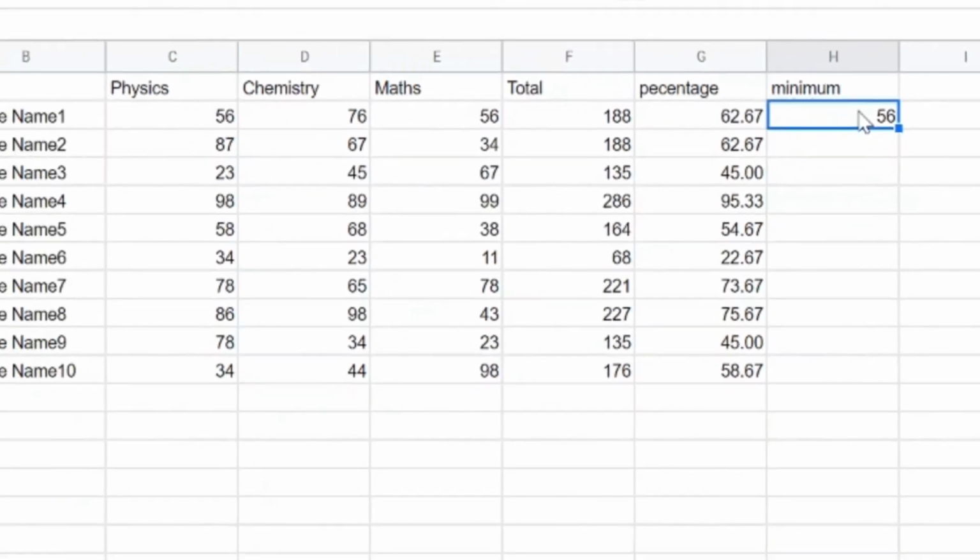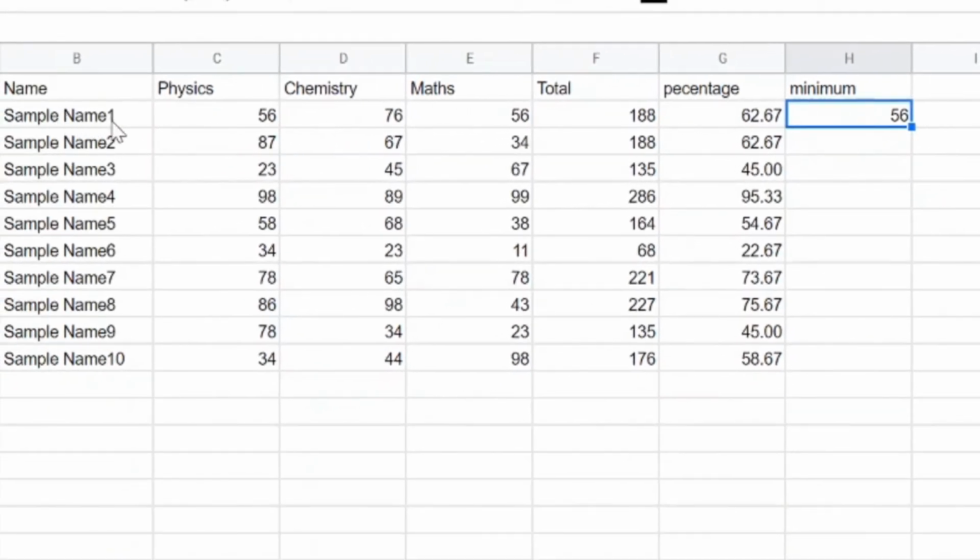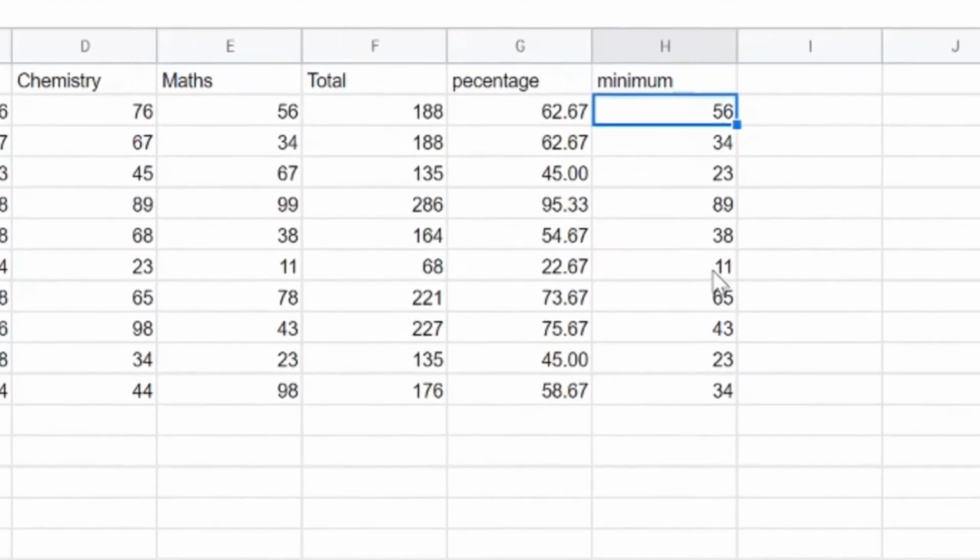As you can see here, the sample name 1 student, among physics, chemistry and maths, he have minimum marks 56. So we can use the autofill feature to find all the minimums. For example, see student 6, he have 11 among these 3 subjects. So here 11 is popped up.